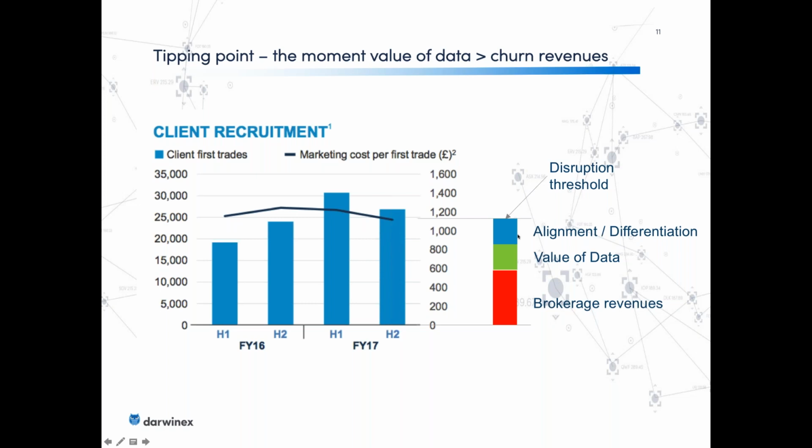Okay, now, as you can see here, the game we play is to say, we have a very, very different business model to everyone else. Because of the vision, we have chosen never to trade against customers. That is bad for us in the sense that the most we can afford to pay to advertise for customers is whatever brokerage revenues we make, which is the red bar in here. But we've got something going for us, which is the fact that customers believe that it's better when your broker trades with you as opposed to against you. And also it's good in the sense that we can publish the value of the data.